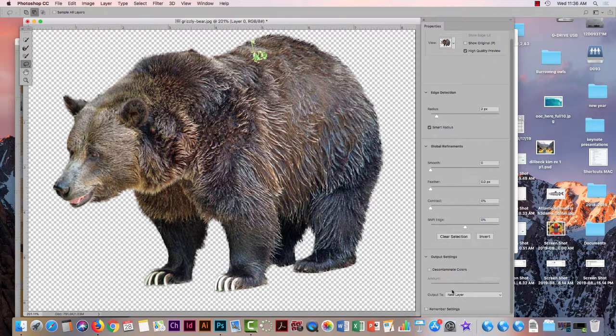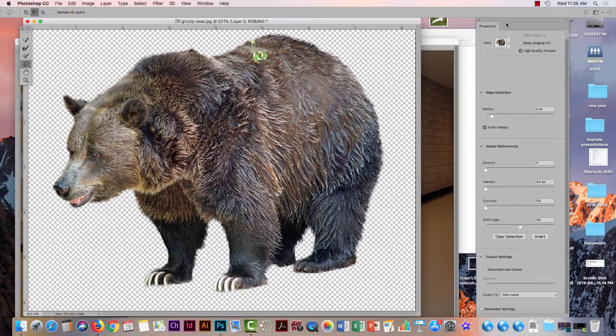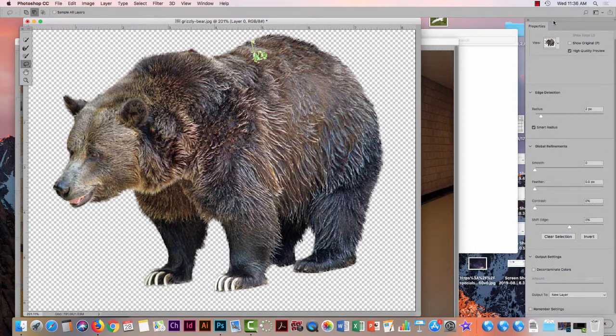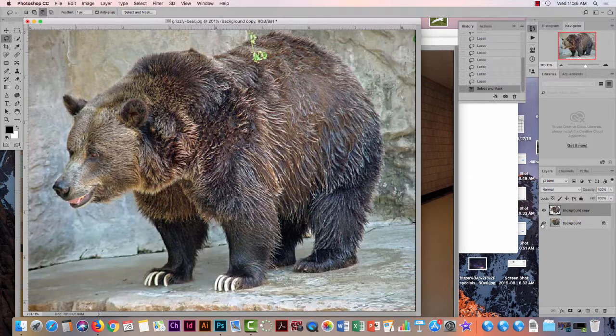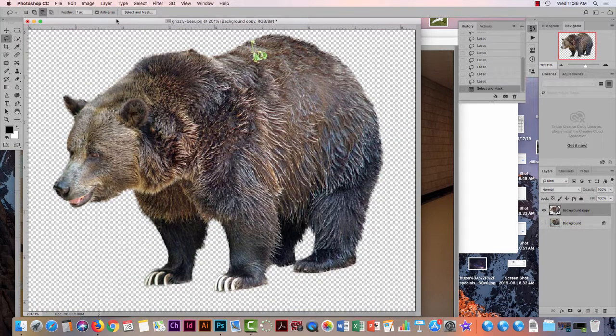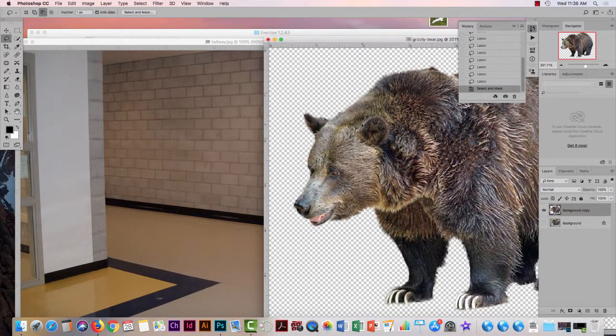All right, now that we have it outputting to a new layer and we've done Smart Radius, we're ready to click OK. Unfortunately, with this panel, we can't reach the OK button. So here's how to trick it. You want to move it over so that you can see the OK, and then you can actually shrink it a little smaller, and you can click that button. So now it's outputted to a new layer. Notice on the layer panel here, there's the new cutout bear, and then there's still the original too. So all you need to do at this point is drag the bear into the hallway,